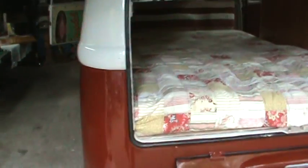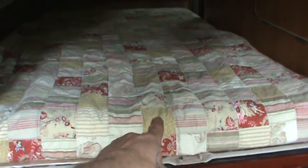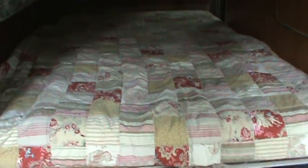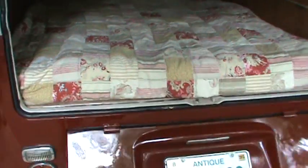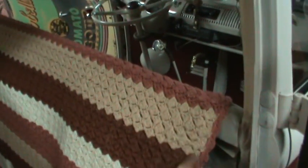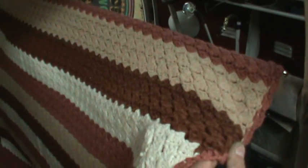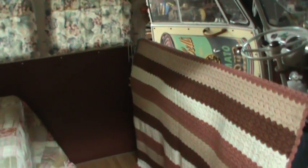And on the bus we have a couple of things that we grabbed. Was this blanket, which is like one of those handmade, a quilt, I don't know what you call it, and you patch the pieces together, but I thought the colors kind of went pretty good with the bus, with the red of the bus. And I got another one also, which again, I'm not going to know what they're called, but you know, when the old ladies sit around and spew the gossip, and they sew this stuff up, knit one purl two. I thought the colors of that were pretty good too,